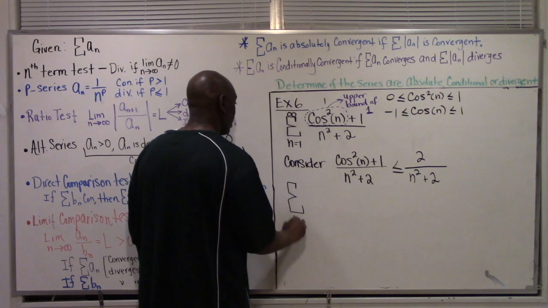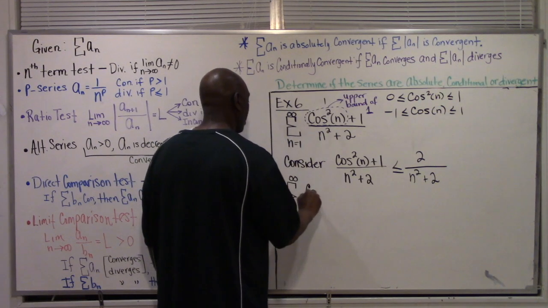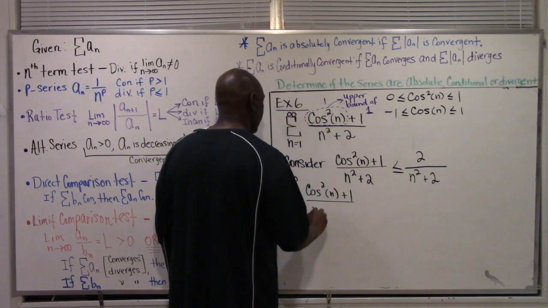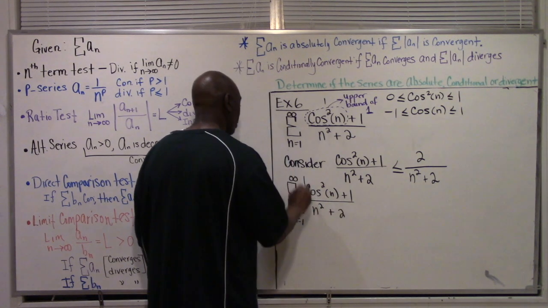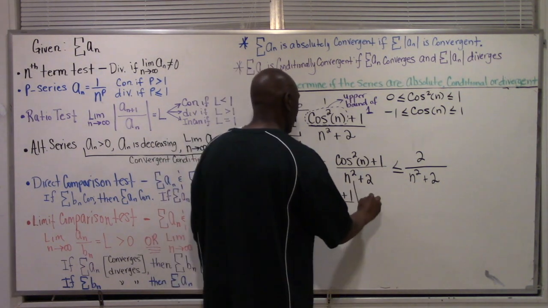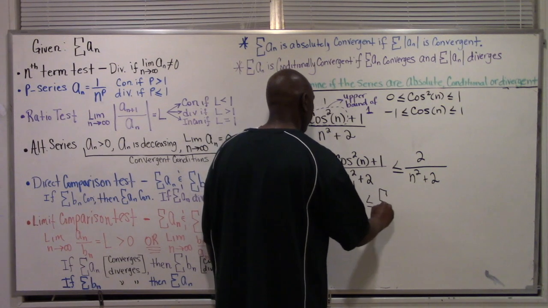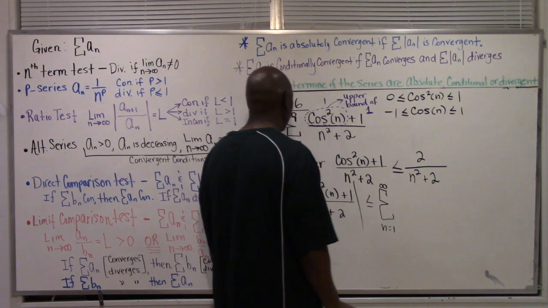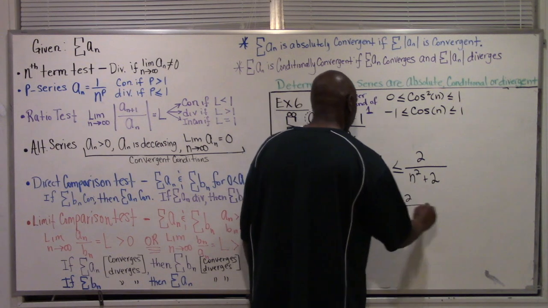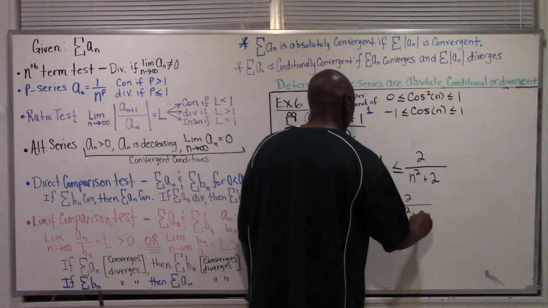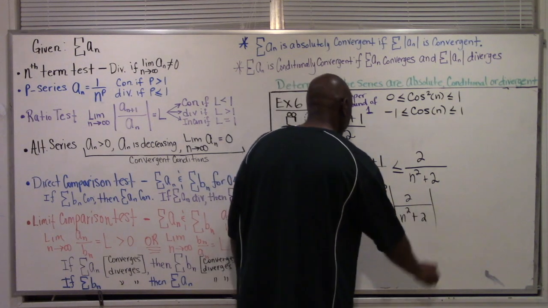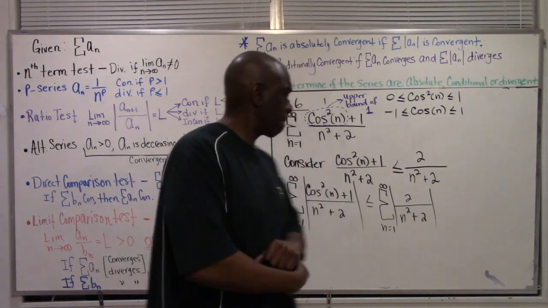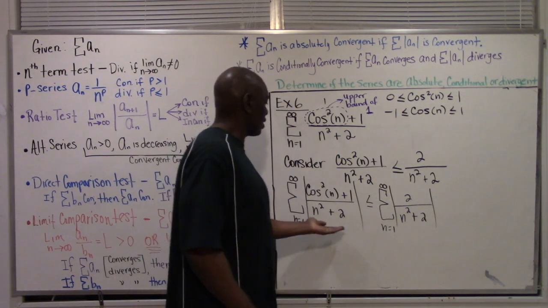The sum n up to infinity, cosine squared n plus 1 divided by n squared plus 2, absolute value of that has to be less than or equal to the sum of n equals 1 up to infinity of 2 over n squared plus 2, absolute value here. Okay? So this has to be less than that,